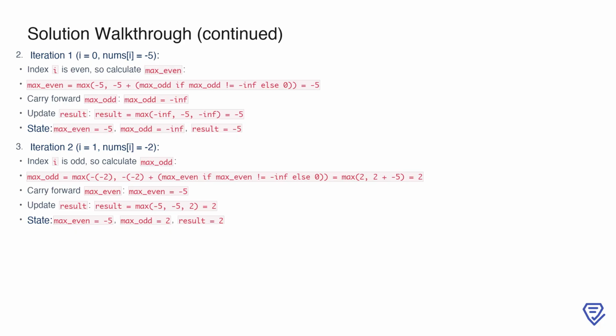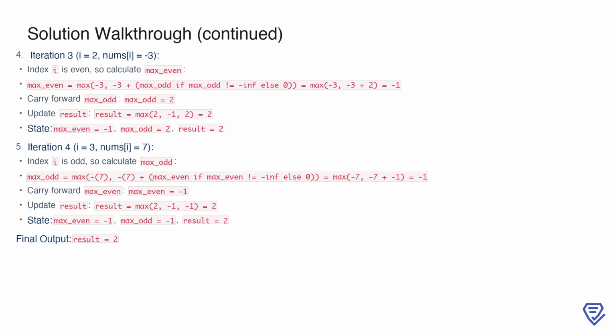This gives us max_odd equals max(2, 2 plus -5), resulting in 2. The value of max_even is carried forward as -5, and result is updated to 2. In the third iteration, we look at the element at index 2, which is -3. Since the index is even, we calculate